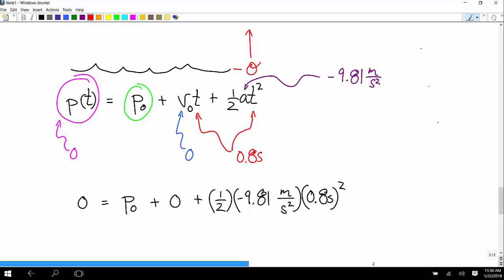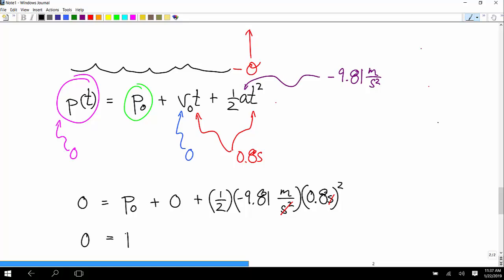So in this last term, the seconds squared cancel with the seconds in the parentheses, which are going to be squared, so those go away. And so we get